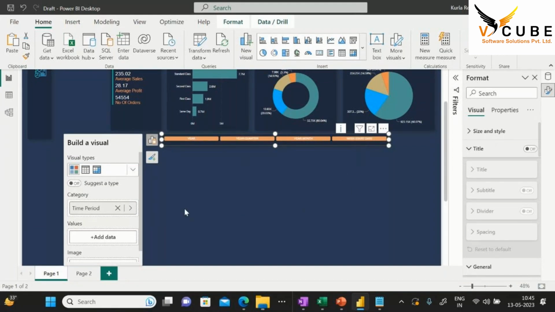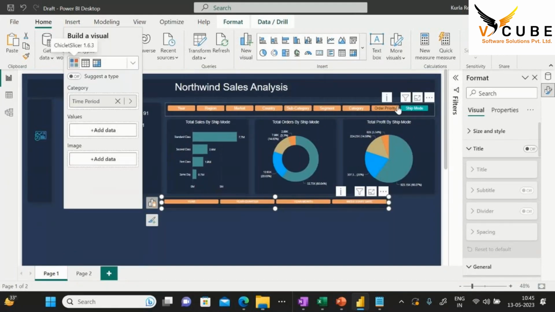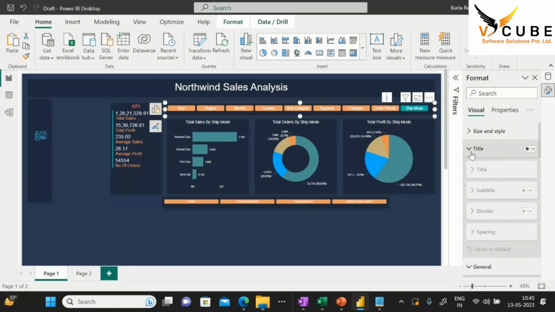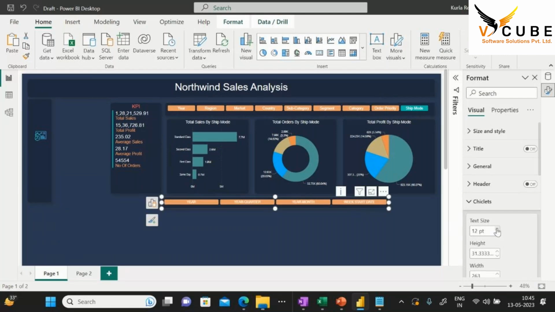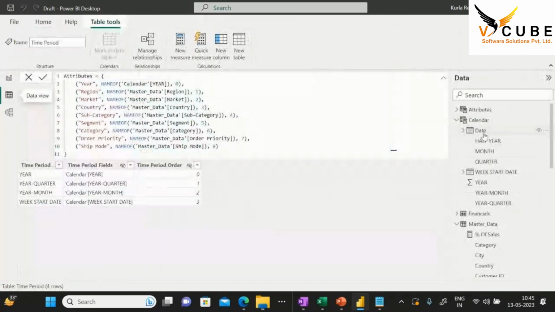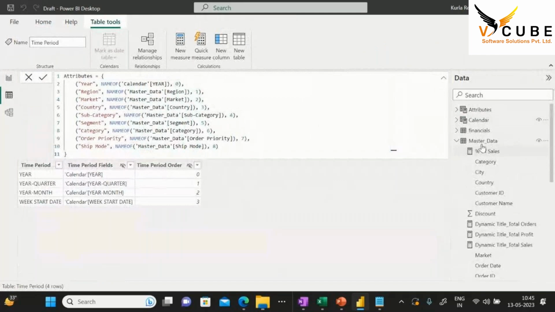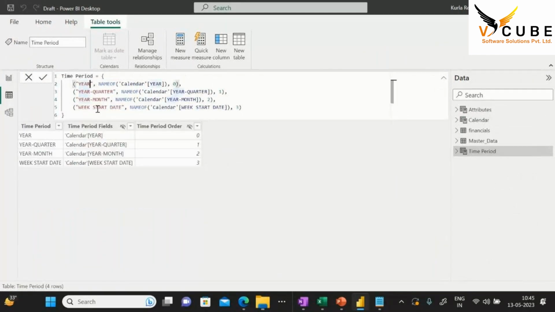So now, what is the font size we took here? The same font size I want to take on it. So 13, right? So here also I'll take 13. Now I want to change these names. So what do I do? I'll come here to the time period. I'll make this change. Year,